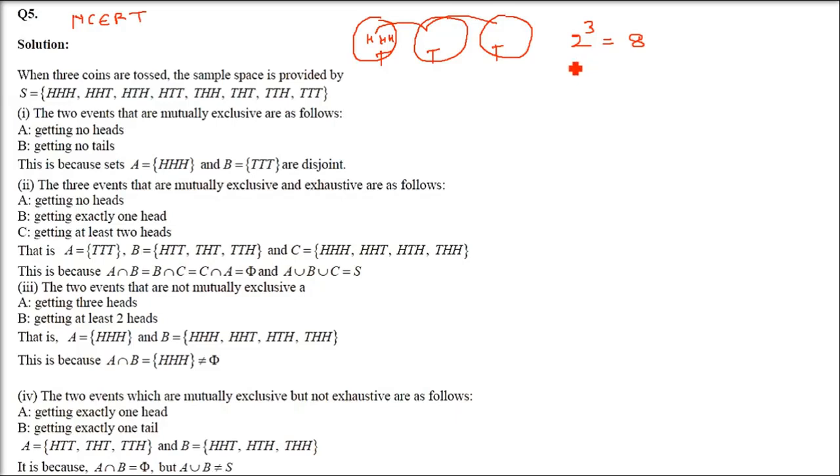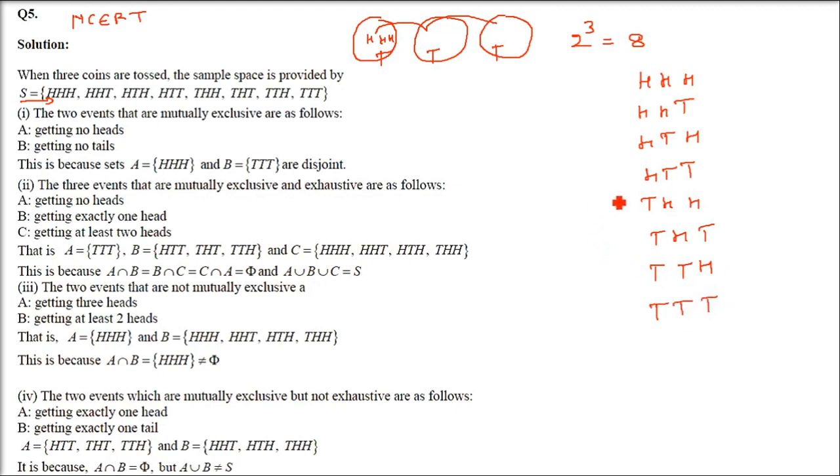So 2 events, A and B, which are mutually exclusive first. In order to do that, we have to write the sample space of the event, or you can say the experiment. So sample space, let me just write it so that you understand. In 3, head, head, head can come. Head, head, tail. Head, tail, head. Head, tail, tail. Tail, head, head. Tail, head, tail. Tail, tail, head. And tail, tail, tail. So these are 8 of them.